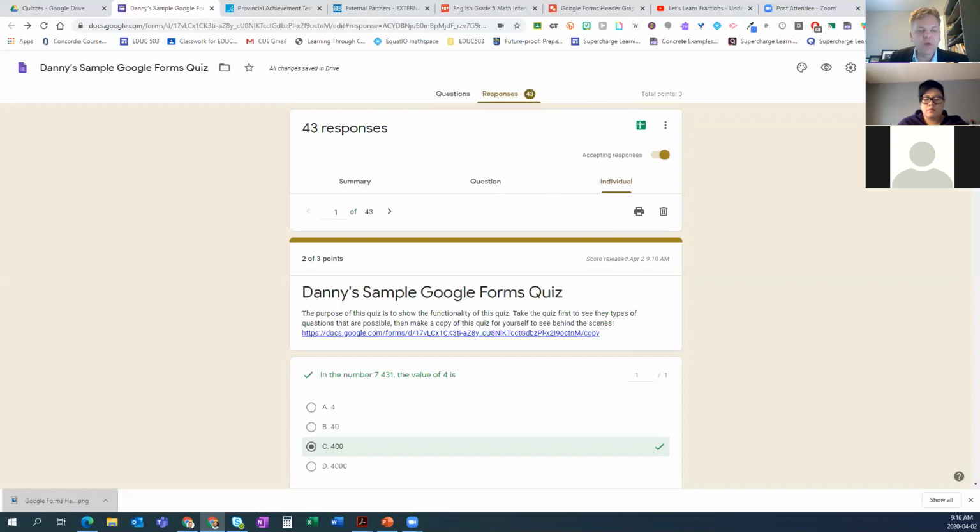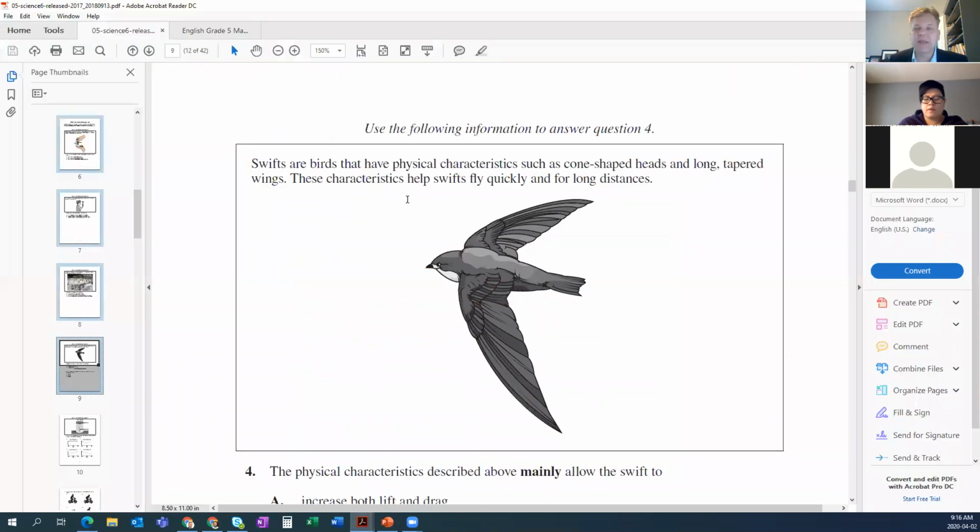So will Google convert a quiz from other formats you've already created? Not really, and I've looked for ways, and there are a couple of things. What I will show you are maybe some shortcuts. I have an example today of, I've got a PDF document. You know, maybe it's some released grade,